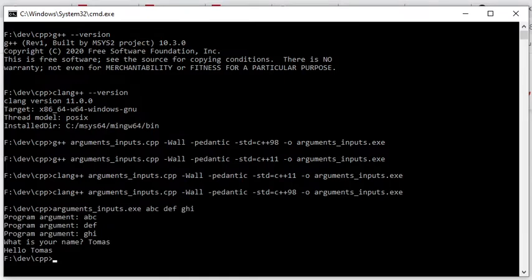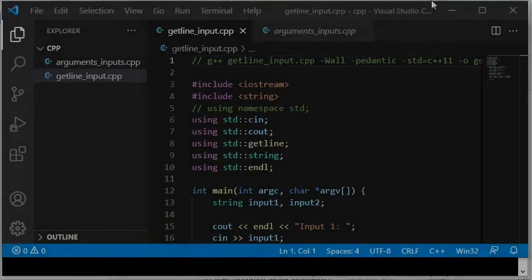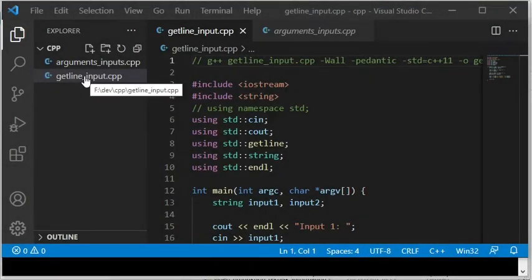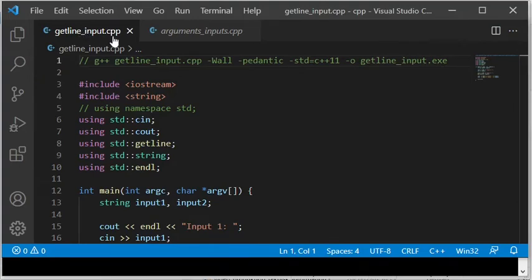Finally, I will show a problem which can occur when trying to read input from the keyboard, when cin has been used previously. For this purpose, I have prepared a small program. By the way, here I have used multiple separate using statements, instead of using one using namespace std.